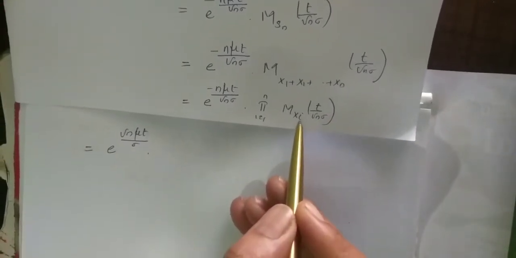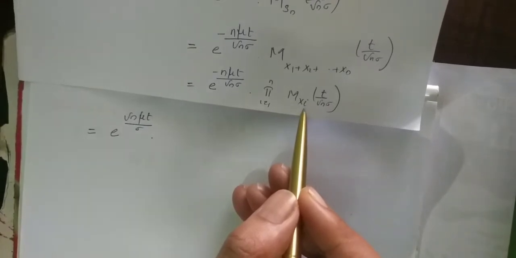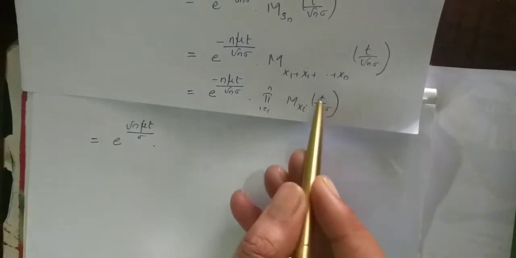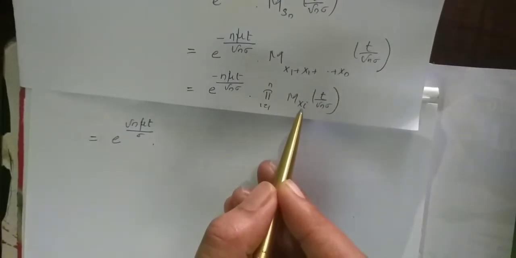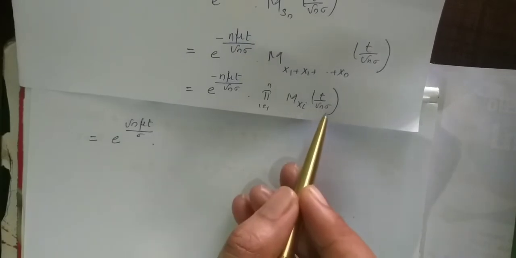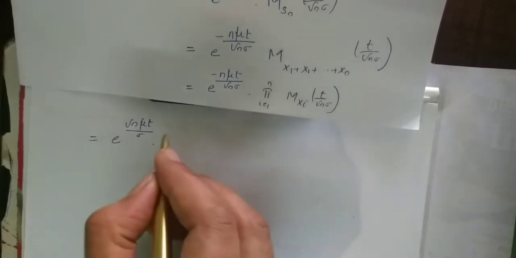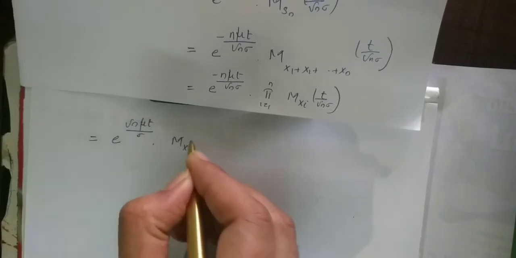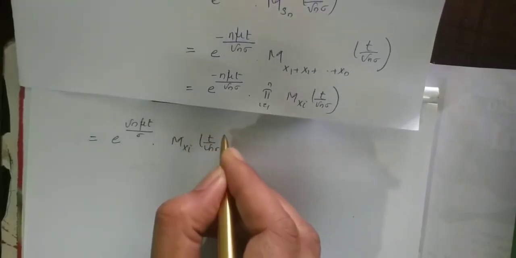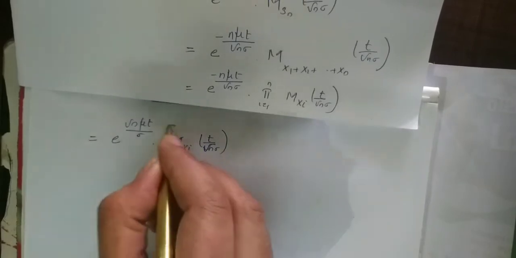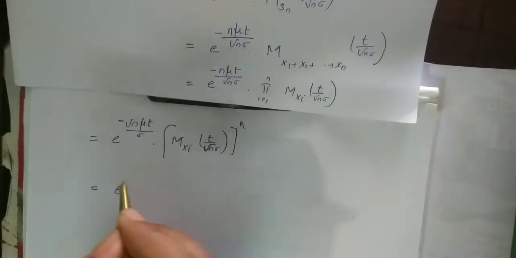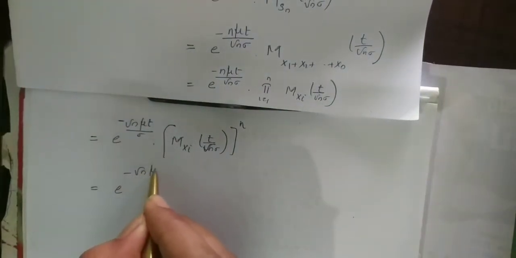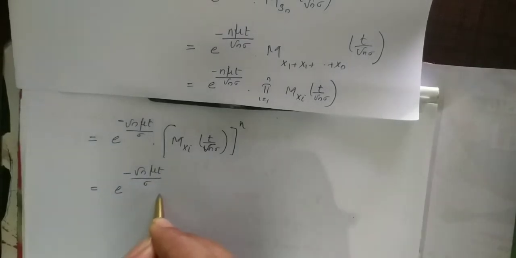Here the Xi's are identically distributed random variables, which means all have the same MGF. So in the product, MX1 of t by root n sigma and MX2 of t by root n sigma all have the same MGF. So we can write this as MXi of t by root n sigma, the whole raised to n. That is equal to e raised to, here the minus sign is here, e raised to minus root n mu t by sigma into,